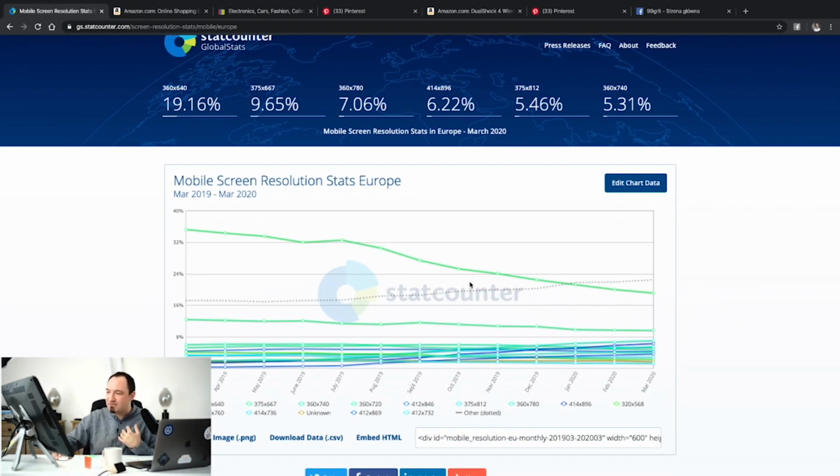Obviously, as you can see, it is falling, but it's still a dominant resolution: 360 by 640, and that's the dominant resolution we'd be designing for. Again, because when we design interfaces or experiences on a digital platform like a computer, we want to make sure that we cover the broadest possible field of resolutions, unless we're working for